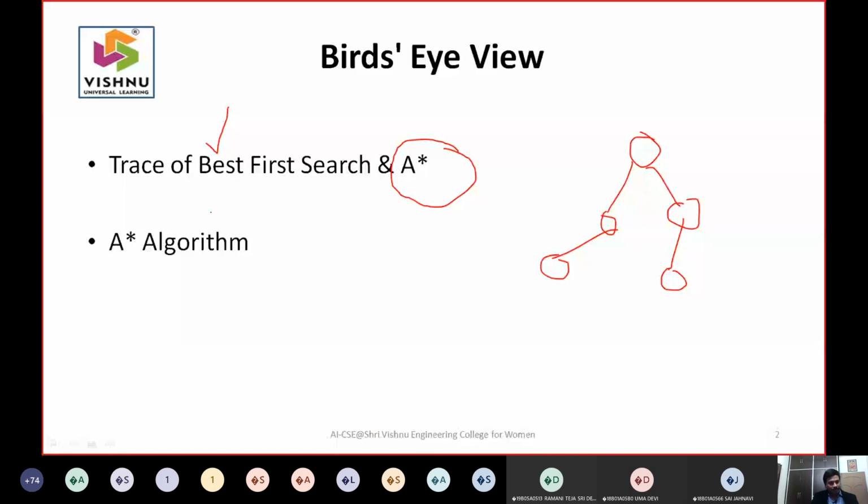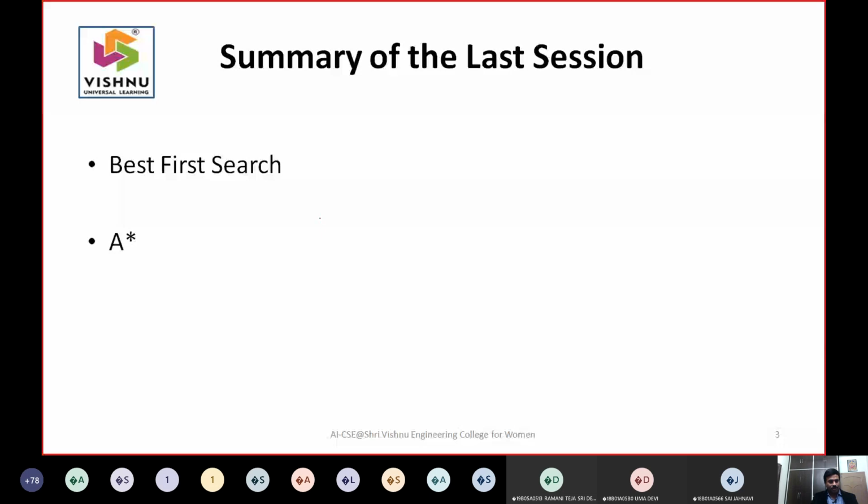But the emphasis of this class is how you learn the A star algorithm, the final version, with respect to a heuristic. So it's a very simple class. If you concentrate for 10 to 20 minutes, you will understand this algorithm. Once you understand how this algorithm works, it's very easy to write it. Once you are familiar with the trace of the algorithm, you can write your algorithm in your own words, and you can have your own conditions.